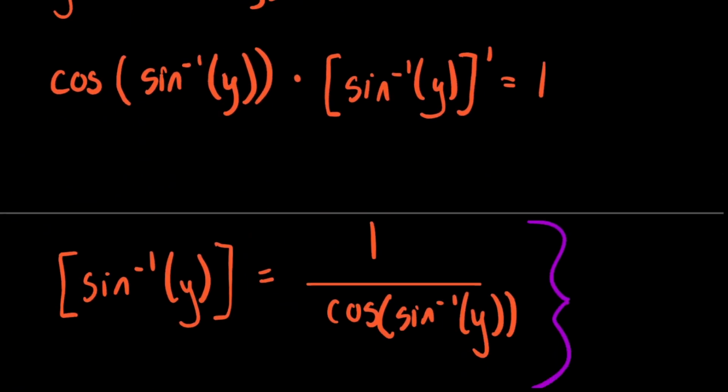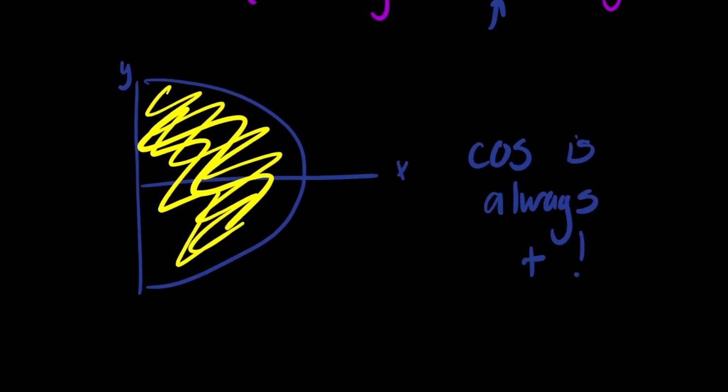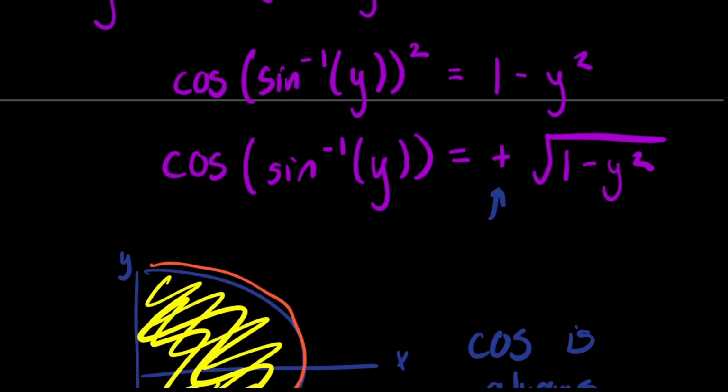And the interesting thing about negative pi over 2 to pi over 2 on the unit circle is it's this entire area right here. And in this area, cosine is always positive. And that's because at no point in this area is this unit circle line, this orange and blue line here, able to dip to the negative side of the x-axis, which means that we can get rid of that minus